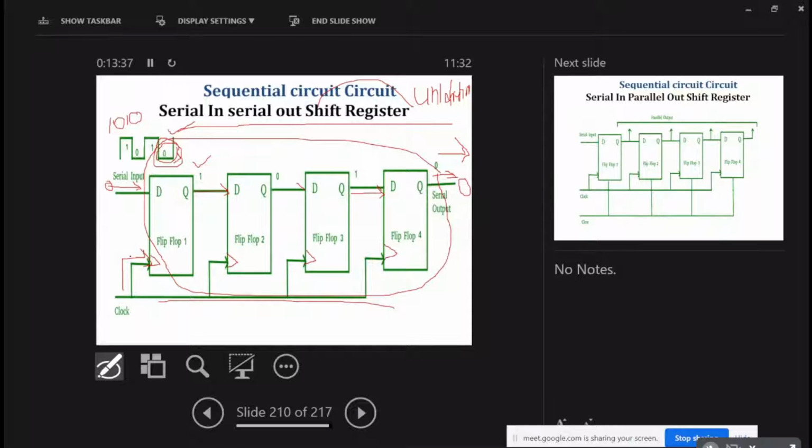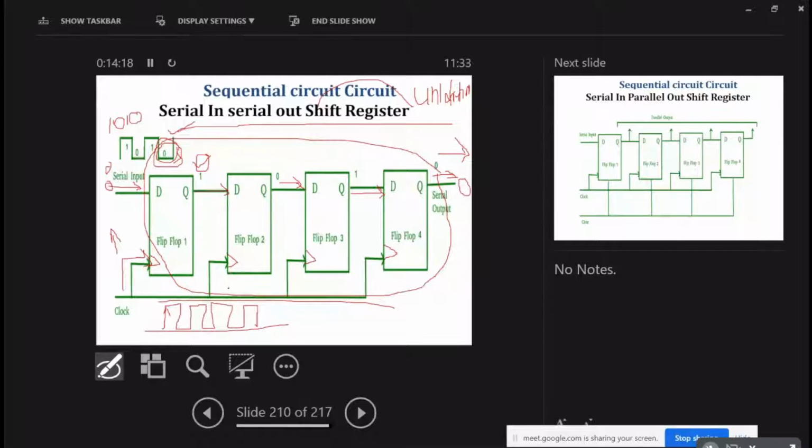Okay, so when the information 0 is entered and the clock pulse arrives at the positive edge. Suppose this is the clock. We are not interested right now in the width of this clock. What I am saying is, at the positive edge, this information is transferred to here. So this is the first clock, and whatever was previously here will be shifted to here.